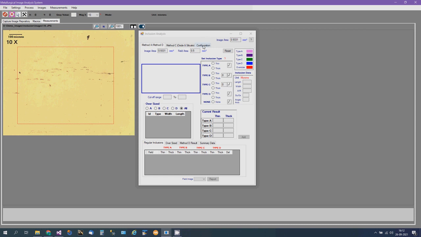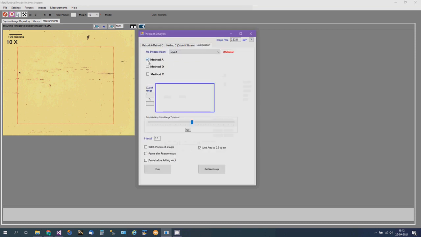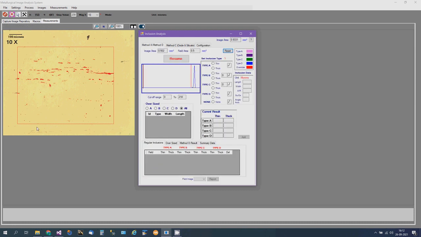You go to the configuration. We are covering the method A inclusion here. You can do the pose as normal. Limit area to 0.5 square mm is already mentioned here. So you click on run. If you look at this image, it is doing the analysis only on the regions inside this 0.5 square mm.